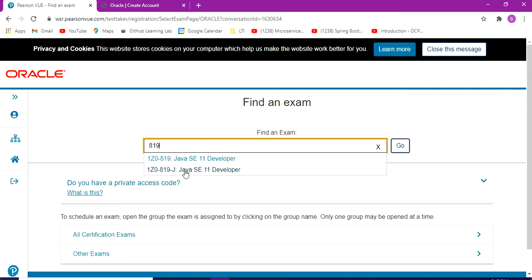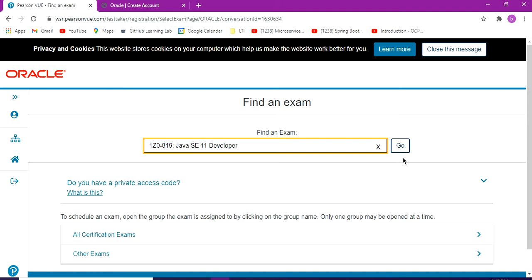So you can actually take the exam within 2 to 3,000 only, whichever I have done. So I'd prefer that we go on this. Okay, but I want to show you how to register, so I will go through this, because I have already added this one. So yeah, I will go 819.